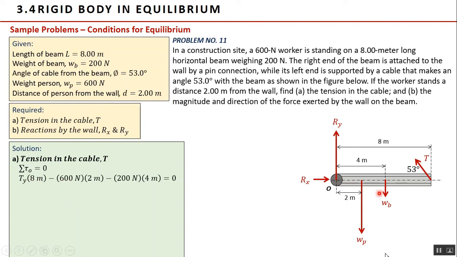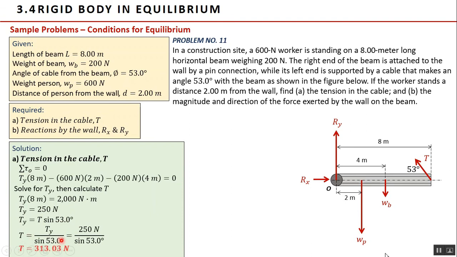Then the weight of the person produces a clockwise torque about point O, so it is negative 600 newtons multiplied by its distance from O, 2 meters. Then the weight of the beam itself produces a clockwise torque, so it is negative 200 newtons times 4 meters. Then we equate these to 0. Take note that the reactions Rx and Ry are not included in the equation since these forces are directly hitting the pin O. So from this equation, we simply solve for Ty. Ty is 250 newtons. We know that Ty is T sine of 53 degrees. Therefore the tension in the cable T is equal to